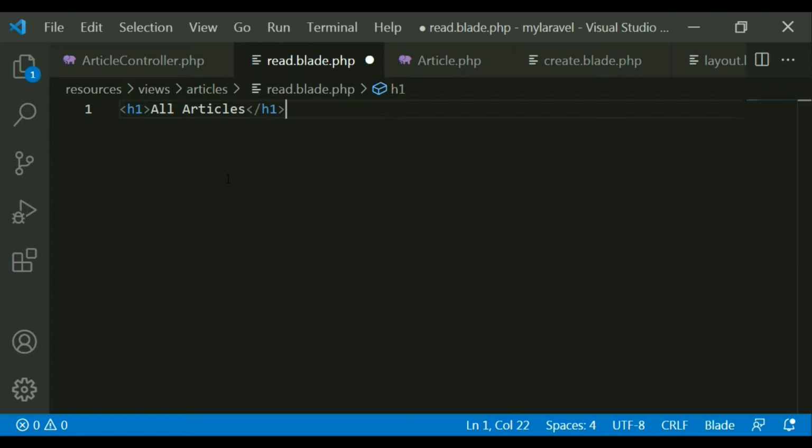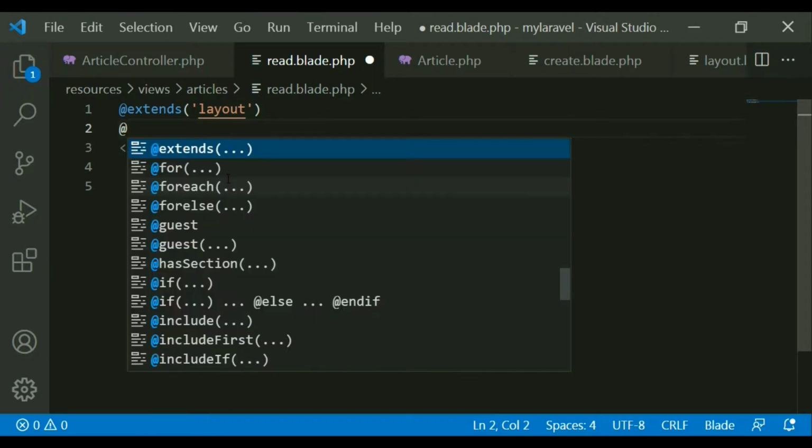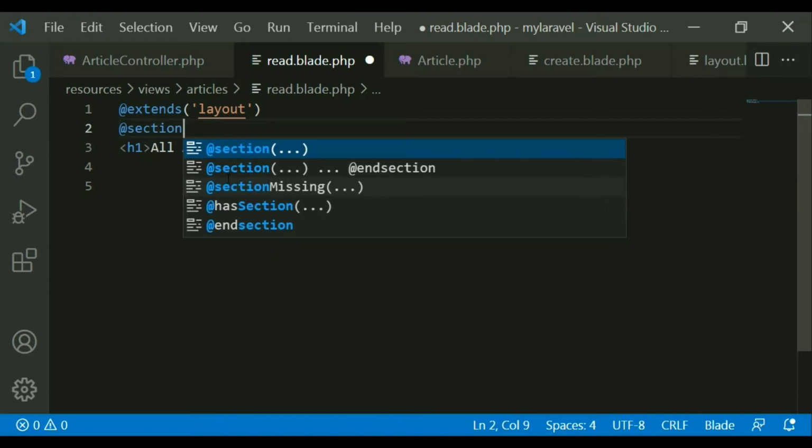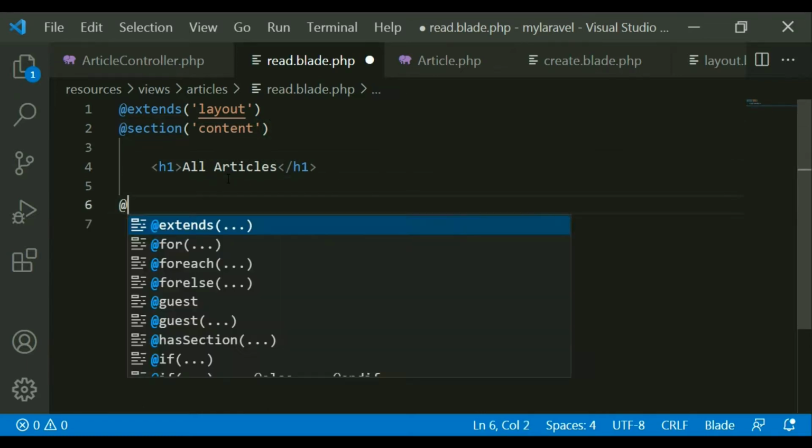So how to do that? Here I want to use my layout: extends layout, just like the previous one, and this is the section, and the section is content. Here I want to close the content, and endsection.